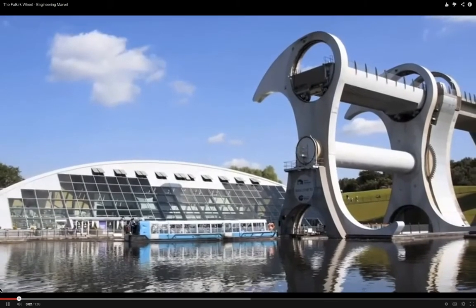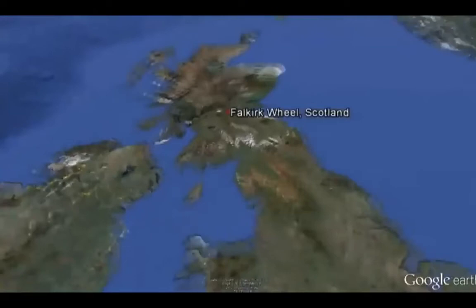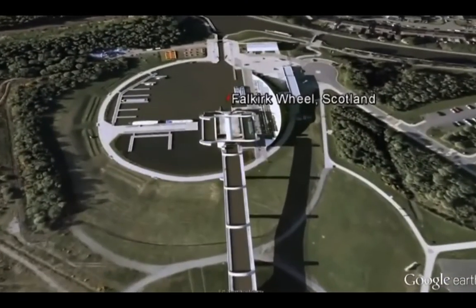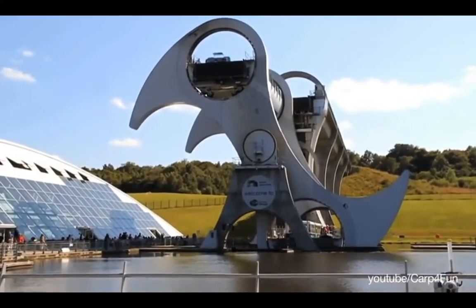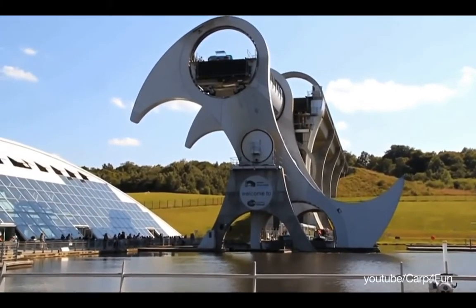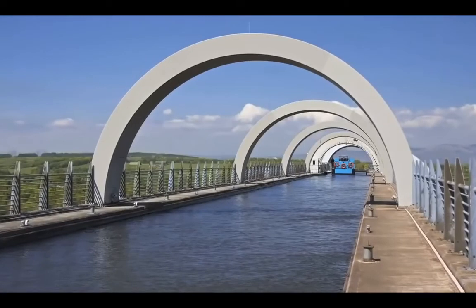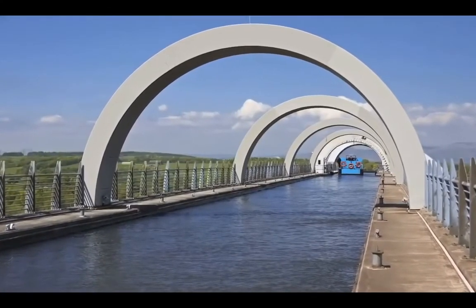The Falkirk wheel is a perfect example of functioning and modern architecture. Located in Scotland, it was designed to reconnect the Union Canal and the Forth and Clyde Canal. It serves as the only rotating boat lift in the world. The two canals had previously been joined by a fleet of locks, but in 1933, the locks had been dismantled. Officials had pondered what could be done to connect the two waterways. Hence the idea for the Falkirk wheel was born.